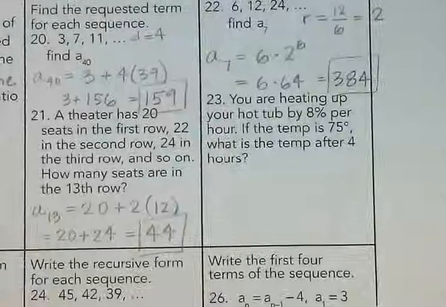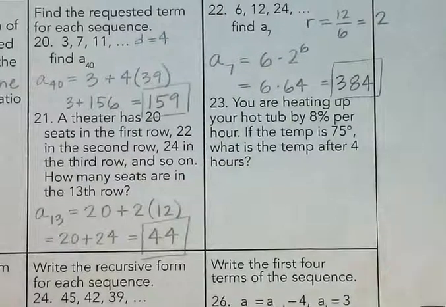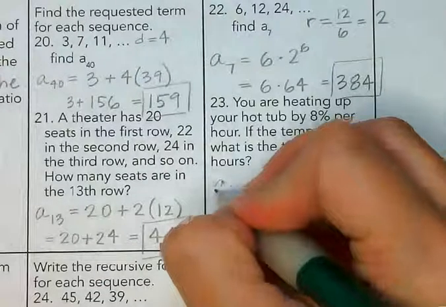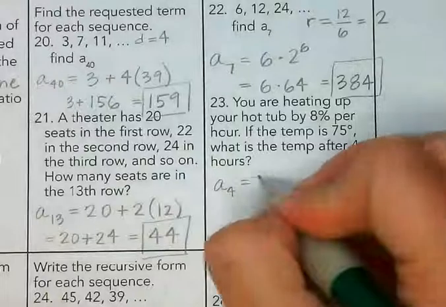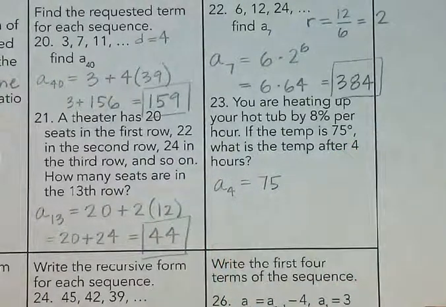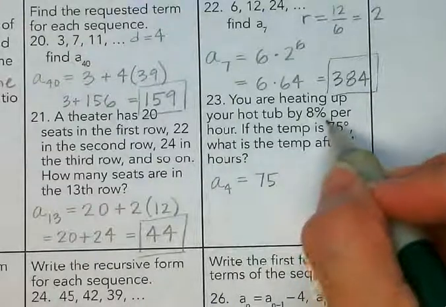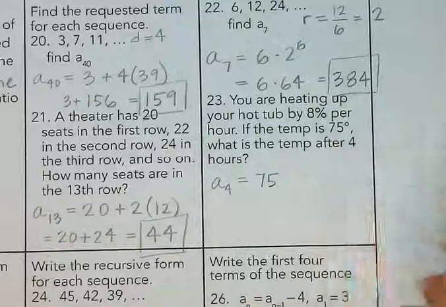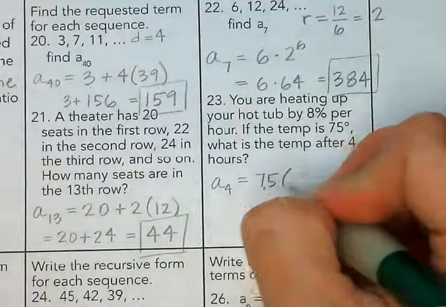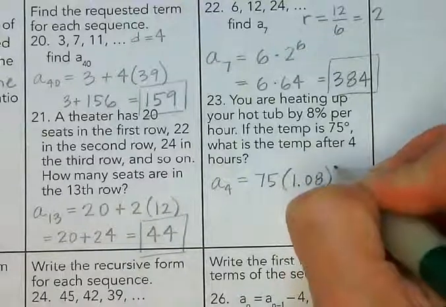All right, you're heating up your hot tub by 8% per hour. If the temperature is 75, what is the temperature after 4 hours? All right, so we want to find the 4th term in this one. All right, so it's 75 degrees. That's our first temperature. And we're multiplying. Now, we want to increase our hot tub by 8%, which means we want 108% of the temperature. So we use 1.08,